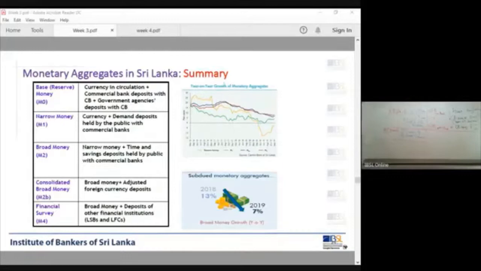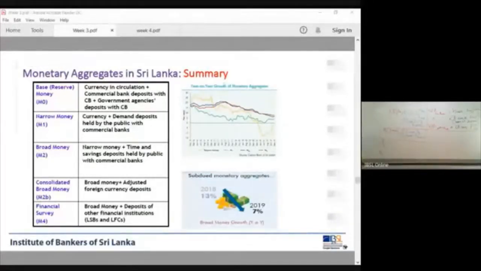M2. Here we are basically talking about M2B because we are talking about Sri Lanka. But remember, this can go up to various levels. Let's say in Sri Lanka we have M4 also. Likewise M5, M6, M8, you can go further. But we don't have that many instruments in the case of Sri Lanka. We only have up to M4.